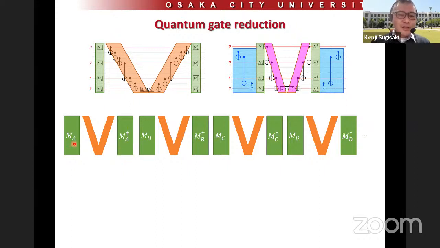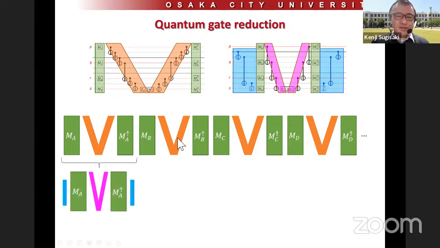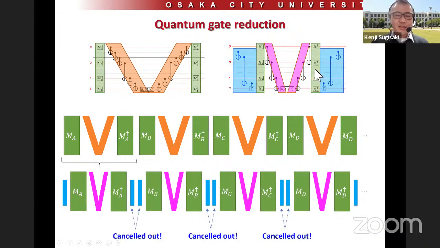But this quantum circuit can be rewritten by using this quantum circuit. So this part becomes something like this. Again, these parts are also rewritten by using this kind of quantum circuit. And importantly, the quantum circuit depicted in blue are always cancelled out because this part